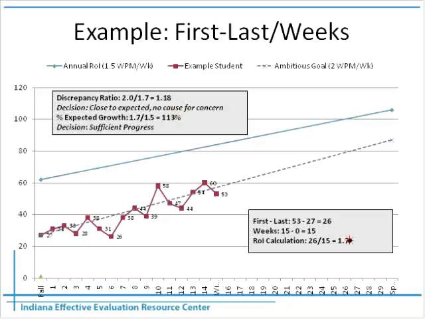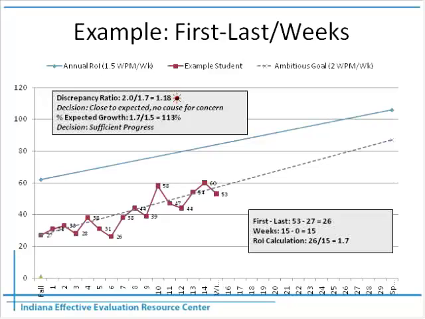So this, I think, helps us to see that if we simply use the rate of improvement and compare it to the ambitious goal, our determination is that they really aren't making sufficient progress because they have not met their goal. However, if we look at some other metrics to supplement, we can see that the student is both exceeding the amount of progress that we would expect for a student who's performing at an average or an acceptable or a benchmark level, and is close to making the progress that we would expect based upon their ambitious